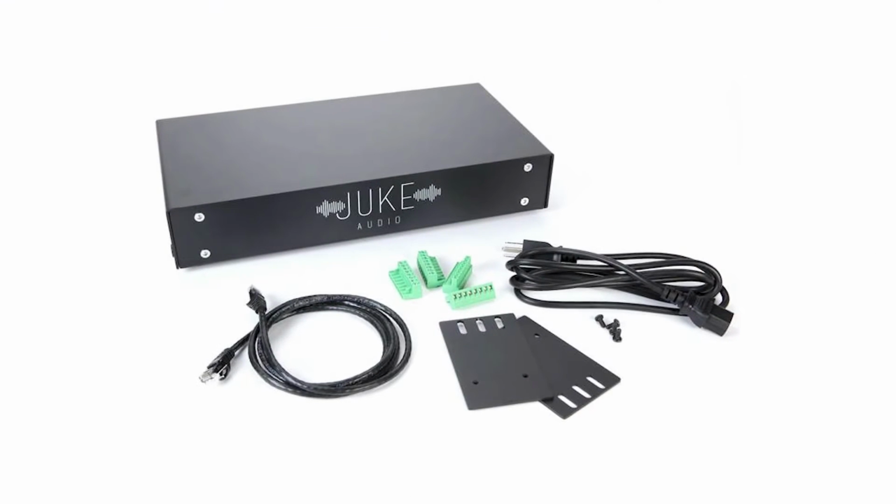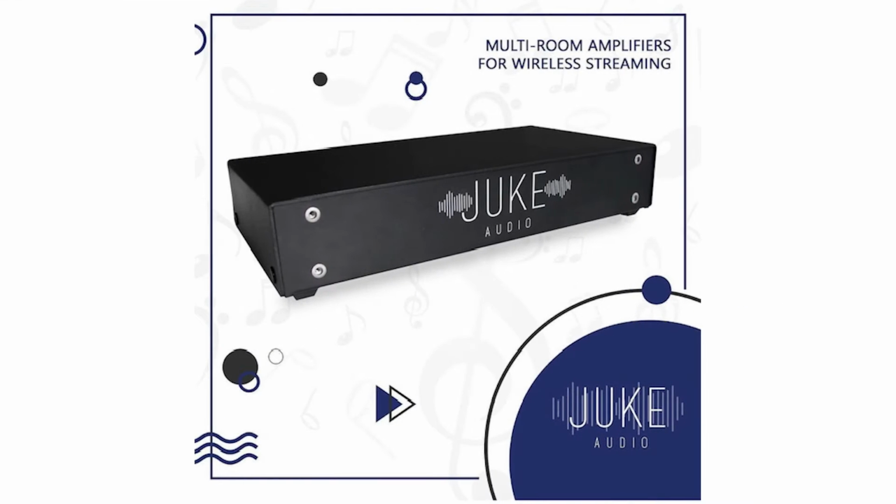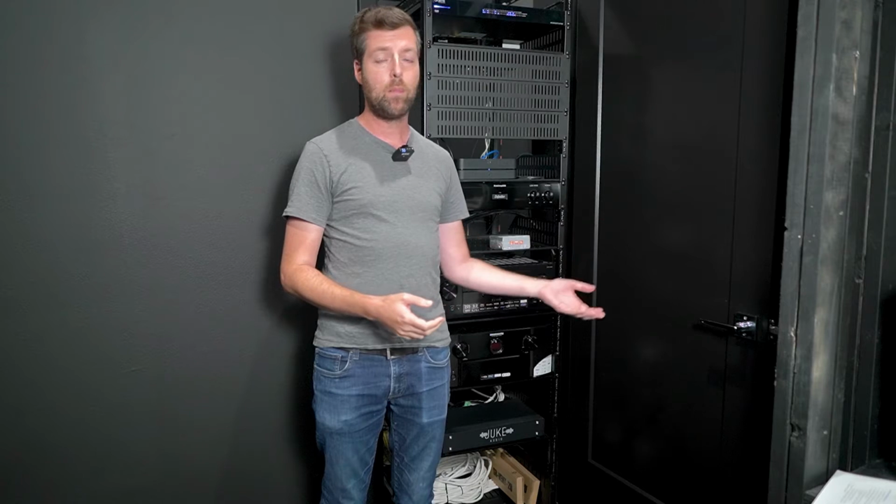Alright, so today I'm going to be reviewing basically a product that I received from Juke Audio for multi-room audio. Now, we don't do a lot of multi-room audio stuff, but with the smart home, the one I built in my own home, which has some smarts to it, it actually became an interesting opportunity to start to review products that are typically permanently installed: in-wall speakers, in-ceiling speakers, patio systems that would rely on some sort of